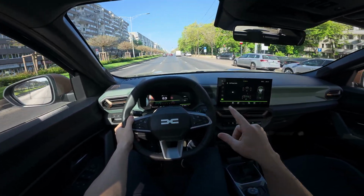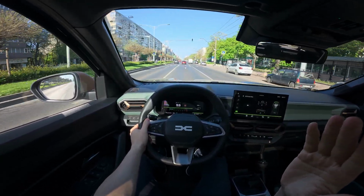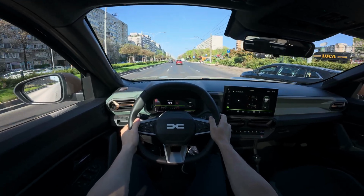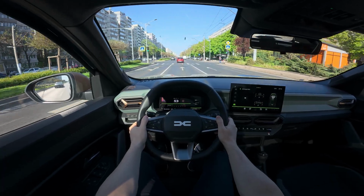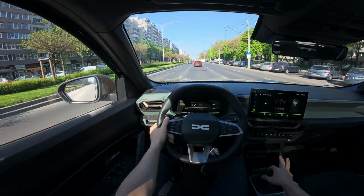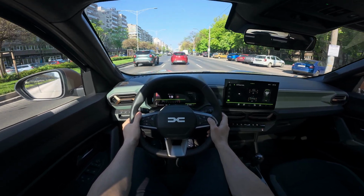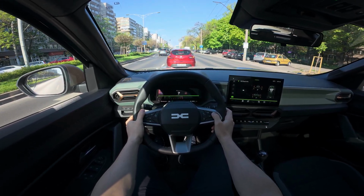Man, but now here we can get a little bit more traffic, because this road is where the people go outside the city, you know. From here people go outside the city, let's say on the highway, right? So the highway is straight away. So this is the most circulated boulevard around here in Bucharest. So there are a lot of cars here, so we can see already, but it's still very good compared to what it usually is. We will have some stop and go, but until here with those perfect conditions we have, let's see again,